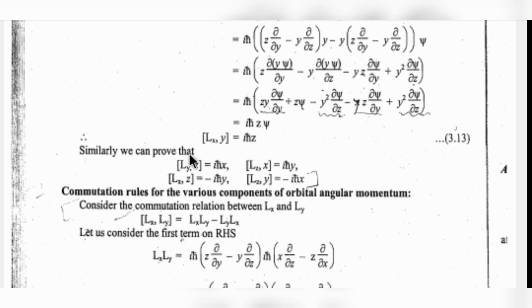Similarly, we can prove that [Ly, z] is equal to iħ x, [Lz, x] commutation rule is iħ y, and [Lx, z] commutation rule is minus iħ y. And similarly